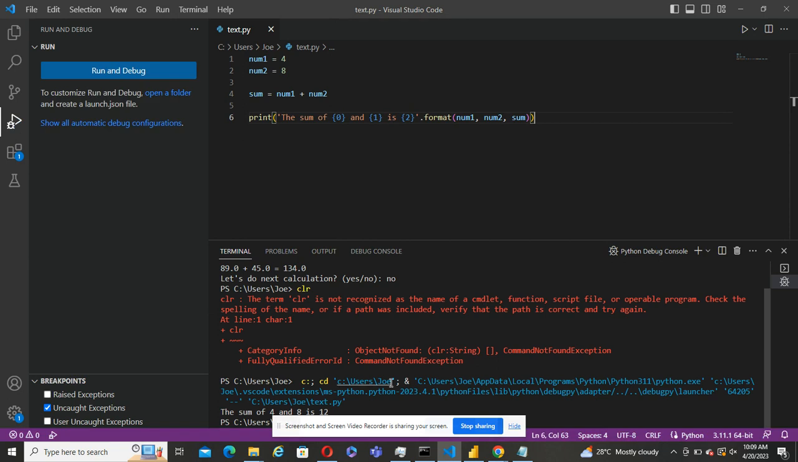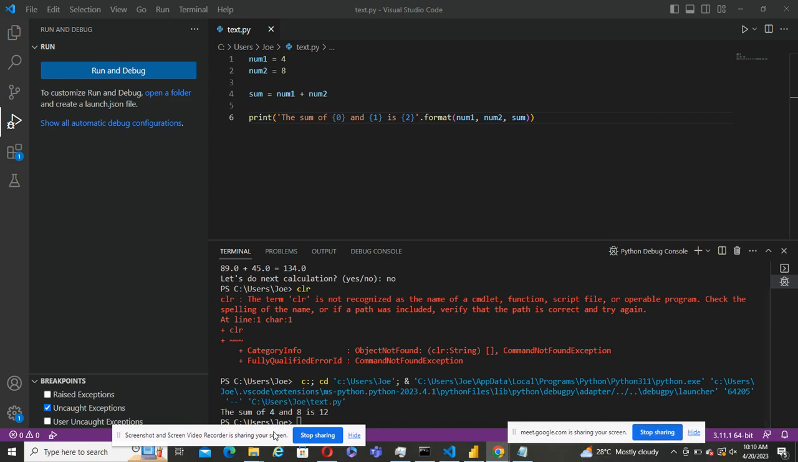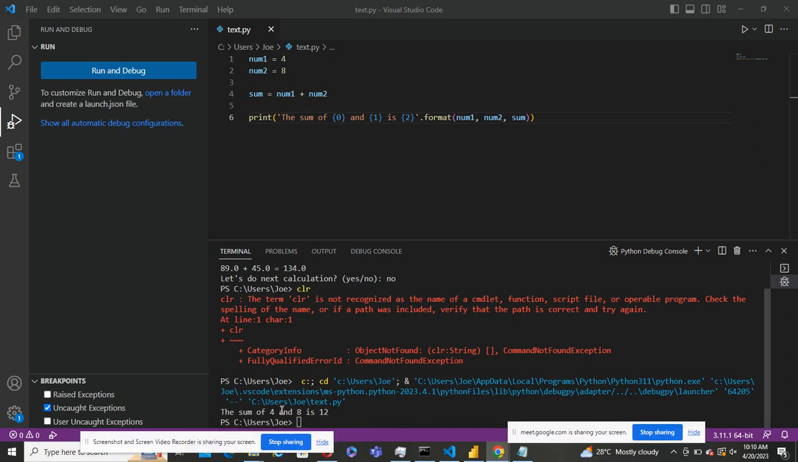Okay, now you can see down here it says the sum of 4 and 8 is 12. So as we printed here, the sum of memory space 0, that's the 4, and memory space 1, that's the 8, is memory space 2, and that's the sum here. Then we call them and say the sum of 4 and 8 is 12. We can do the same for